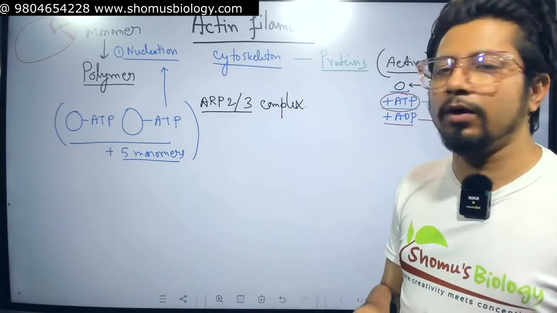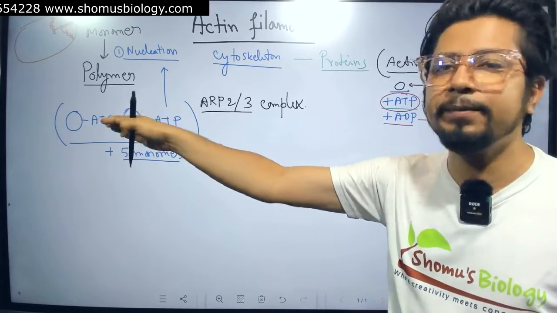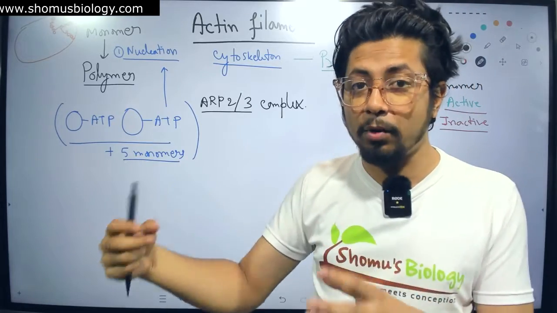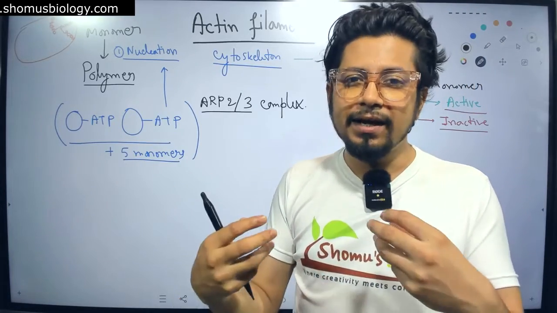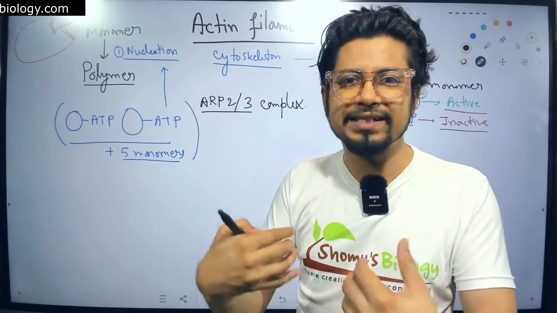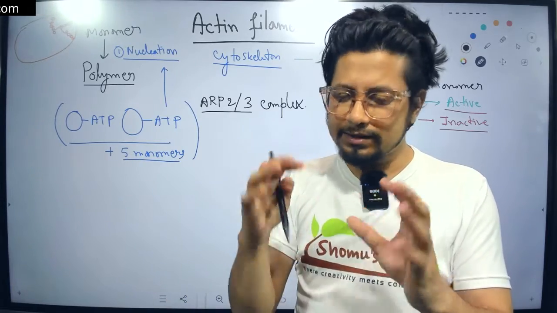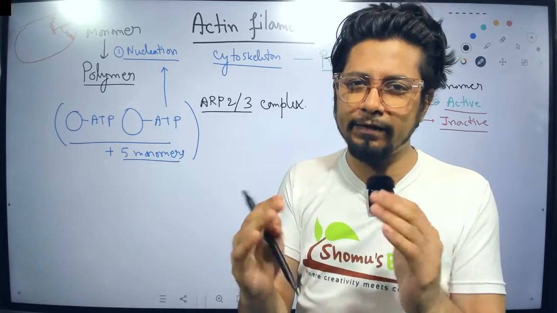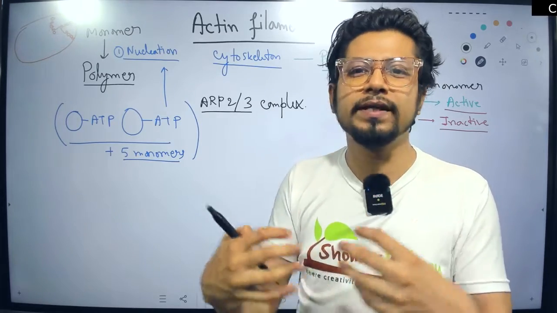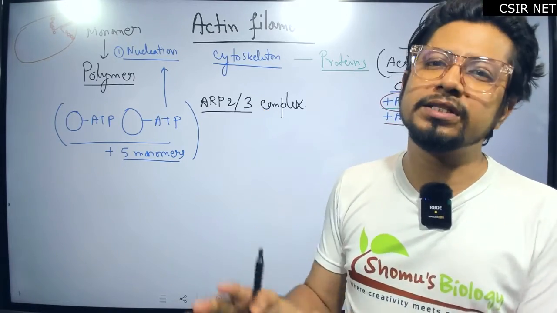This ARP2/3 complex is known as the nucleation protein, and along with the ATP actin, more than 3 to 5 and sometimes also 8 such actin monomers with ATP units, with the presence of ARP2 and 3, start to interact with each other in different orientations. And once at least a minimum of 3 to 5, that is the threshold,